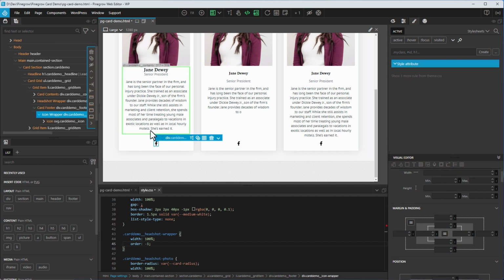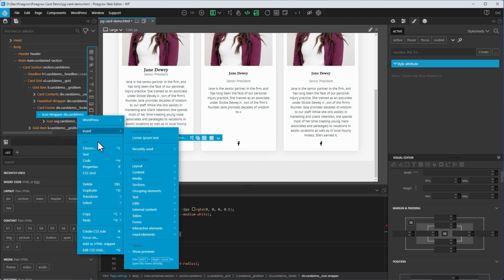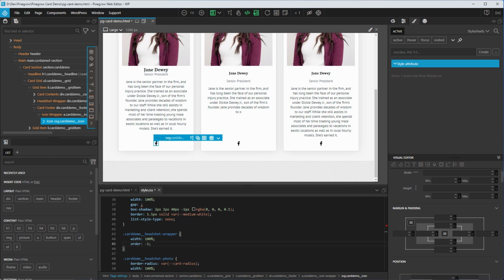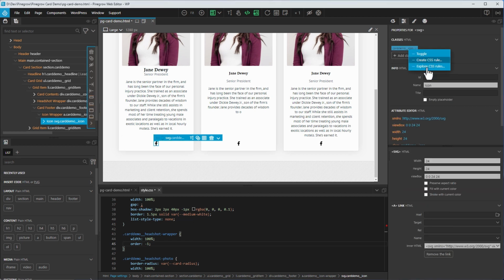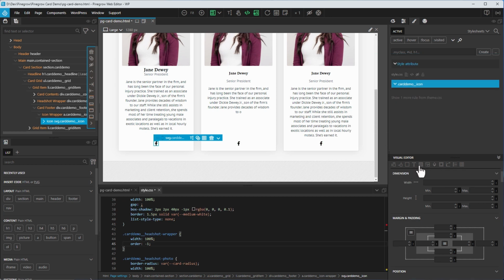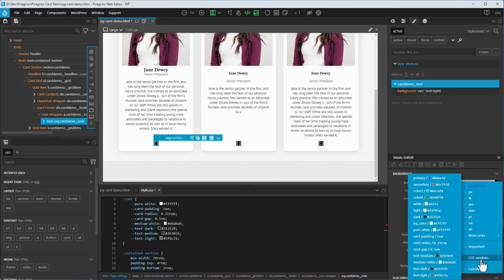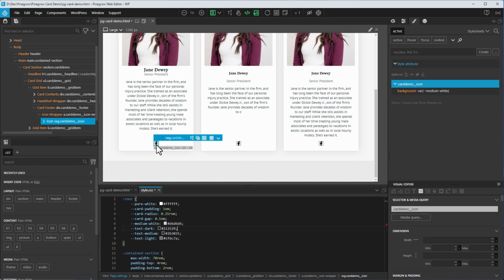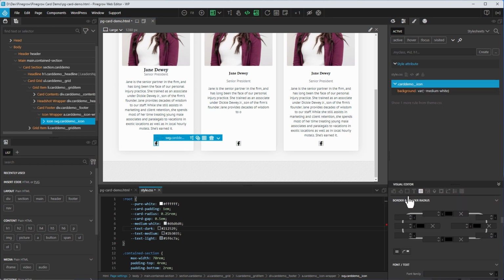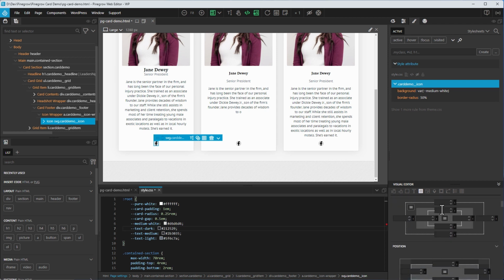Inside of the footer, we'll tackle the icon wrapper. And I'm going to just change this from a div over to an anchor. We have our icon already in place. And I'm just going to create some rules for that. First thing I want to do is set the background to our medium white. We want to put some border radius around this and some padding. So let's give this a border radius of 50% all the way around. That makes it a circle. We'll give it a padding of 8 pixels